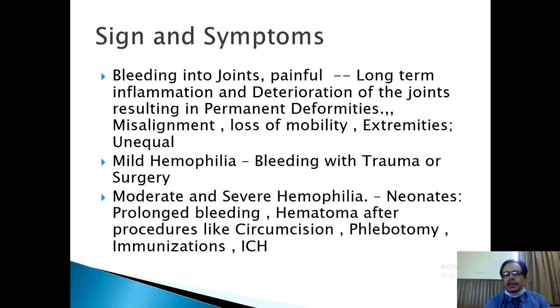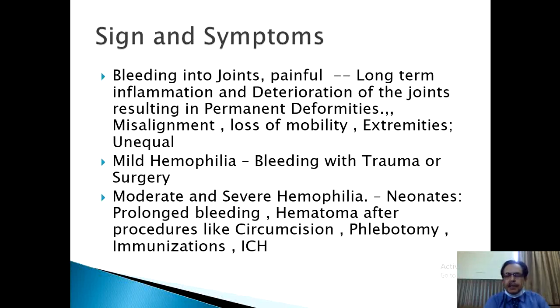The deformities may go to the extent that the extremities may become unequal. In mild hemophilia, bleeding with trauma or surgery may be there. In moderate and severe hemophilia,